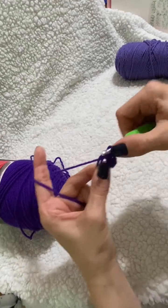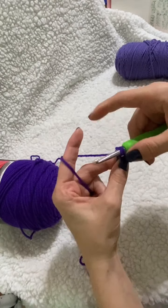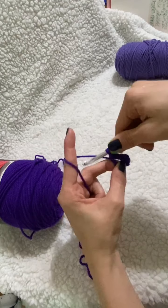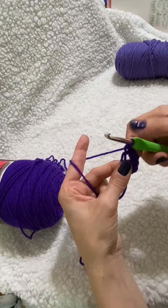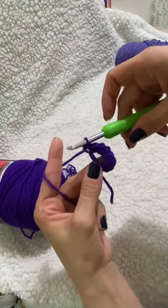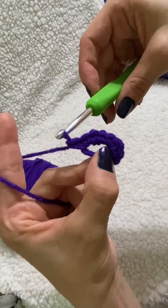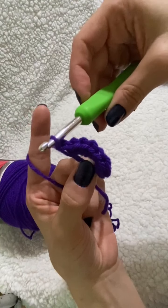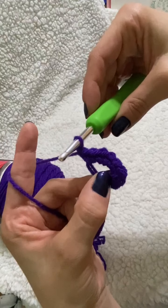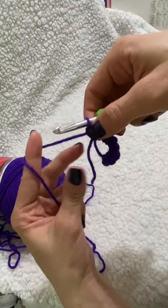Now we're going to do 5, 6, 7, and 8. Okay, so we just finished 8 single crochet there. I know this is a really dark color to work with, so I hope you're able to see what I'm doing okay. So now what we're going to do to finish off round 1, we're going to grab the tail